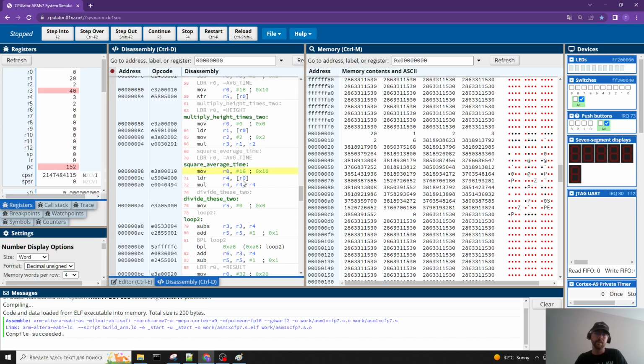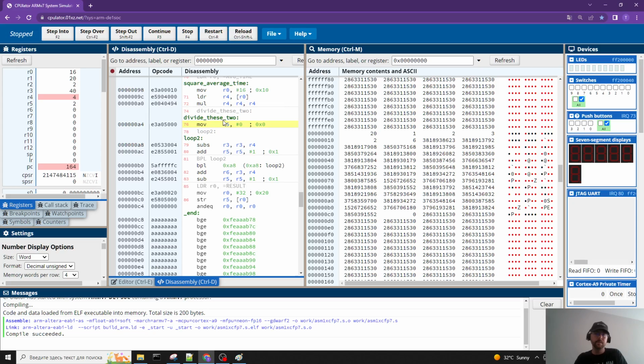Then in the next line, which I'm not at yet, we're going to take the 2 and put it in R4. So when I push this twice, you'll see that R4 changed to 2. And then now we're going to multiply. In this case, we're just multiplying the value that's in R4 times itself and then storing the result in R4. So this is going to change into 2 squared, which is 4. And then now we need to divide. This is the final step. We need to divide our numerator, which was 40, by our denominator, which was 4, which will give us our result,